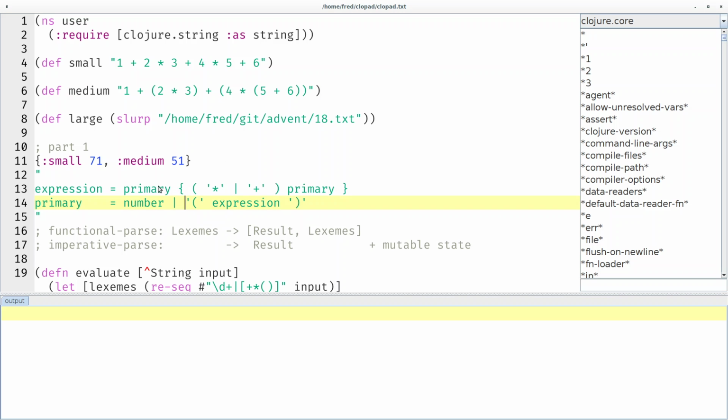Okay, and you already see the recursion here, probably. So expression is defined in terms of primary, and primary is defined in terms of expression. But of course, the recursion bottoms out as soon as we pick the left side here. Okay, but in theory, you could nest these parentheses arbitrarily deep. Okay, and then we're given a choice between